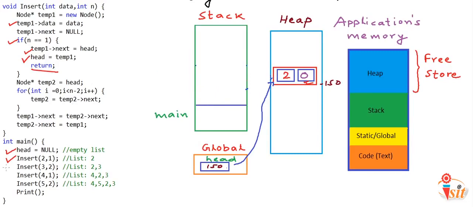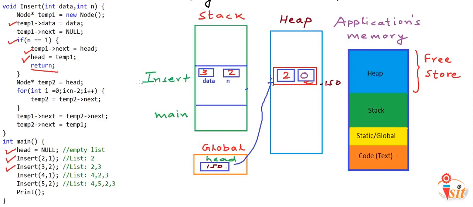We come to this line where we make another call to insert with different arguments. This time we pass number 3 to be inserted at position 2. Now once again memory in the stack frame will be allocated for this particular call to insert. The stack frame allocation is corresponding to a particular call. So each time the function execution finishes, all the local variables are gone from the memory.